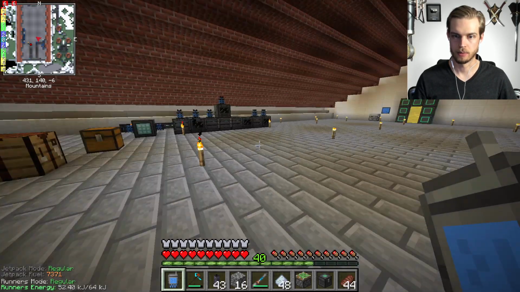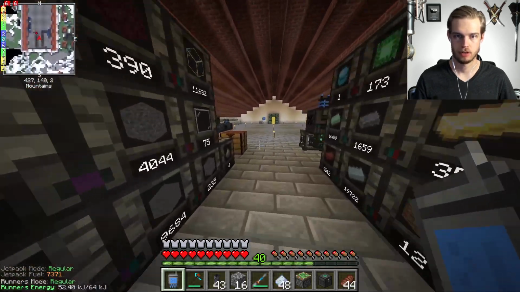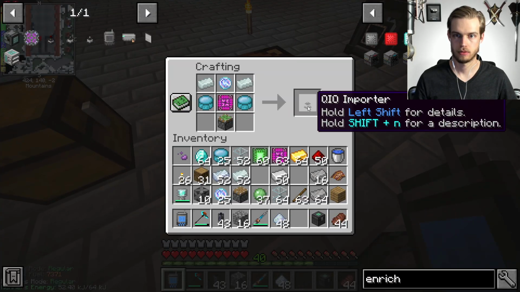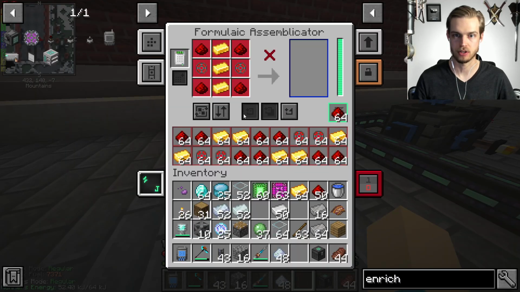Okay, what was I doing? I need to make an importer. I need these purple squares. There we go. So now what this thing is going to do, it's going to start kicking out energy tablets, and of course I need it to make one. So,